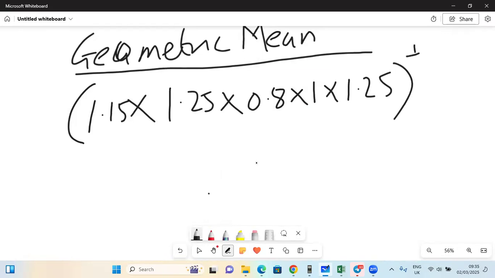Now, for the geometric mean, what we are going to do is we are going to raise the power by 1 over n, which is 5, minus 1. So this is how the geometric mean looks like. So 1 plus all of the returns: you multiply 1 plus the first return, by 1 plus the second return, by 1 plus the third return, by 1 plus the fourth return, by 1 plus the fifth return. All raised to the power, into brackets, all raised to the power 1 over 5, or 1 over n, minus 1. So doing this, we are going to get